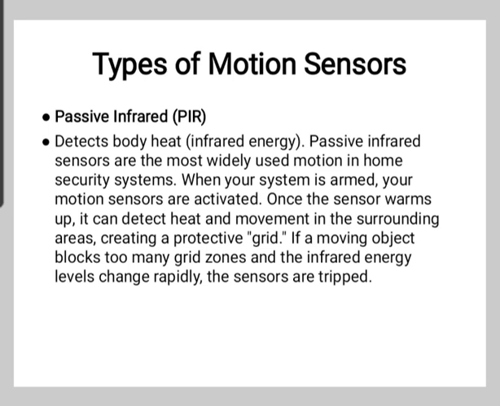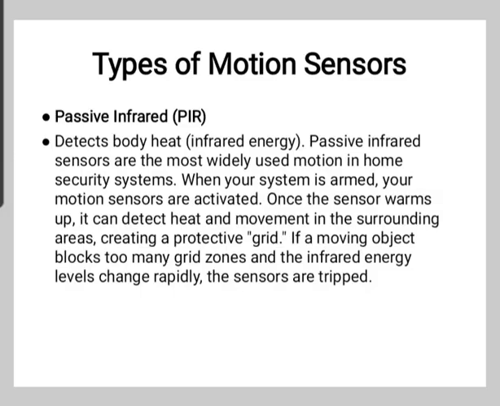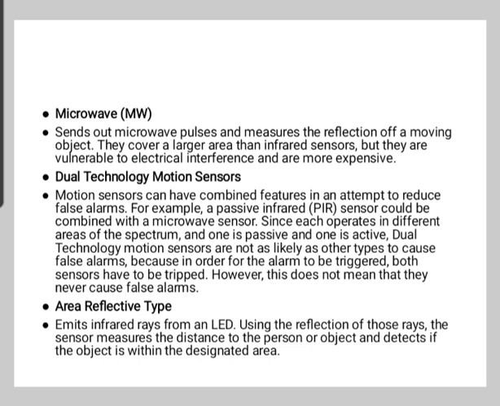a protective grid. If a moving object blocks too many grid zones and the infrared energy level changes rapidly, the sensors are tripped. Then microwave, we have already seen the microwave